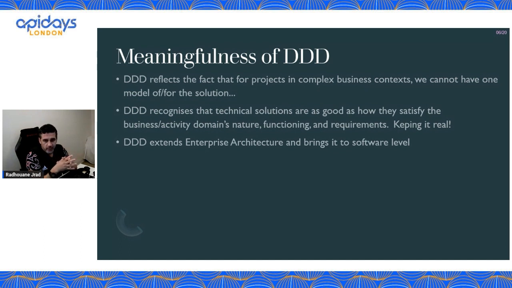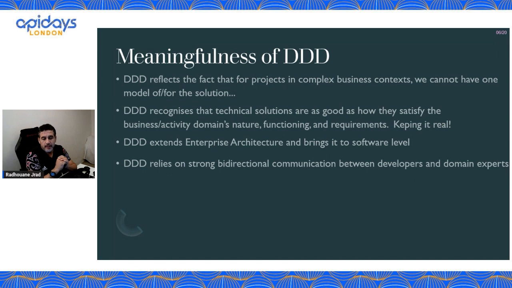All right. Very quick comments here. Enterprise architecture is easier to implement because your solutions and your code reflect the business. The EA's purpose is to reflect the IT strategy, which reflects the business strategy. So eventually, by applying DDD, you make the EA more reflective of your IT landscape. So DDD is bi-directional between the developers and the domain expert. This sentence here, I will elaborate on towards the end because this is a key thing in implementing DDD.